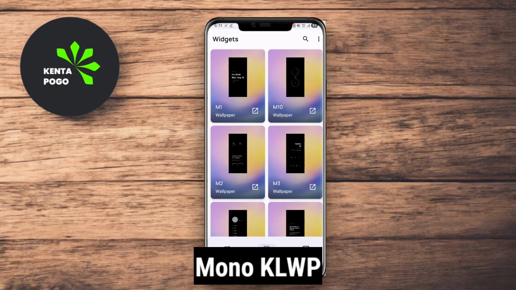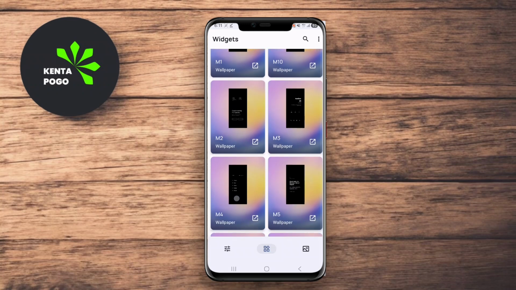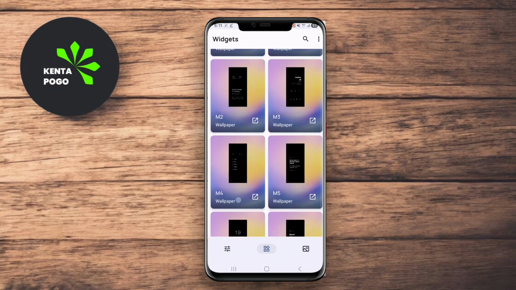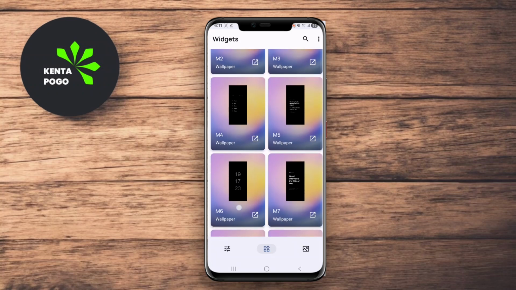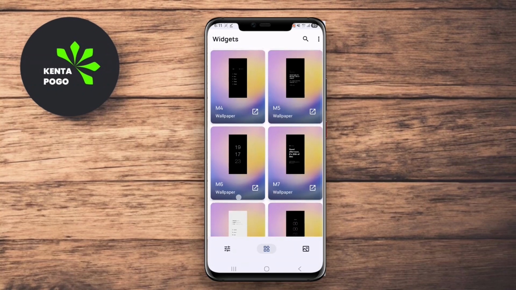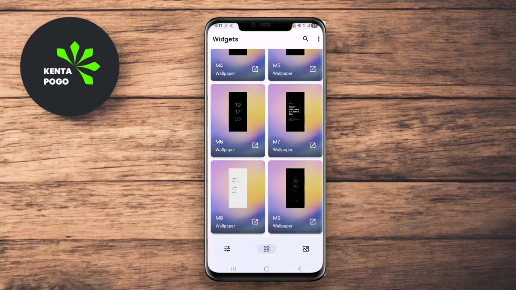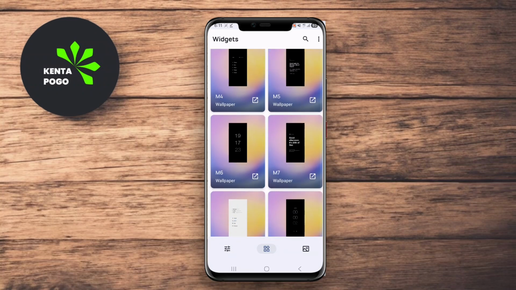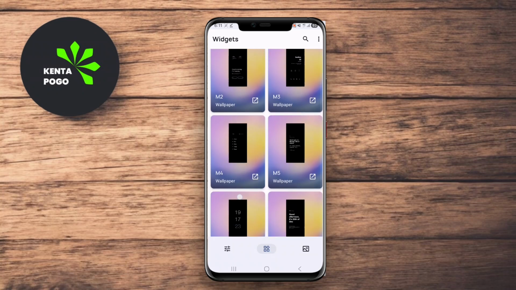Mono KLWP. Mono KLWP focuses on simplicity and monochrome design. This live wallpaper app showcases stunning black and white themes and offers various styles for users who favor a minimalist approach. Mono KLWP provides numerous customization options, including the ability to change text styles, icon sizes, and background elements, allowing